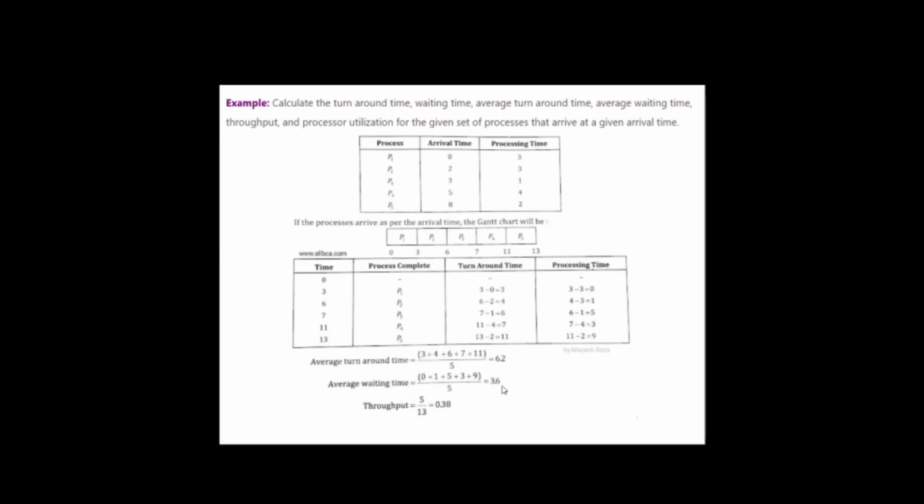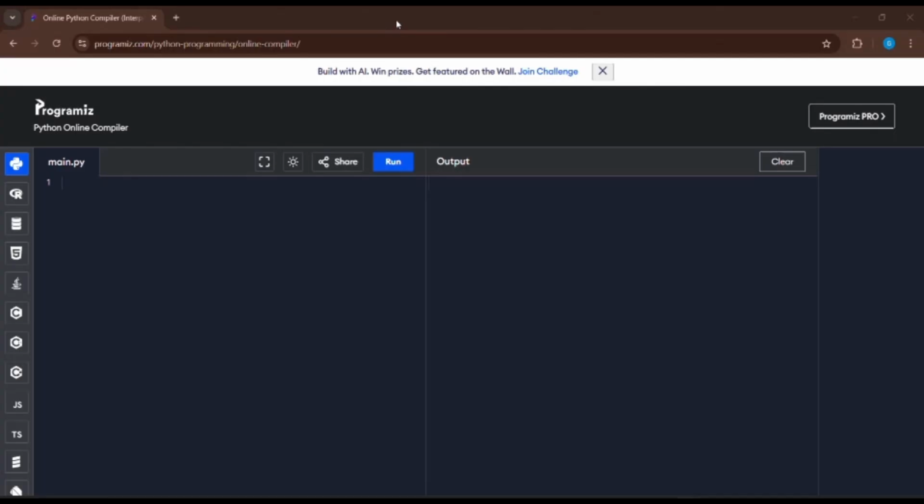Now we will see the program execution for the first come first serve CPU scheduling in Python. Now we will start the execution of the code in the Python online compiler. So here we take the user input as n is equal to int